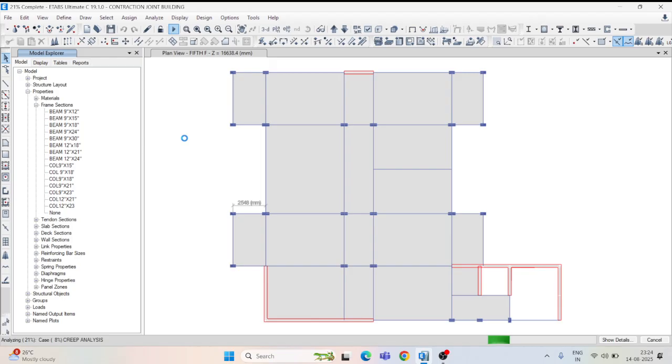So it's going to be completed, 13%, 17%. It just takes some more time, so you have to keep patience. But it is very important. As a structural manager, my recommendation is that you always prefer creep analysis, because it is very good from the structural safety point of view.